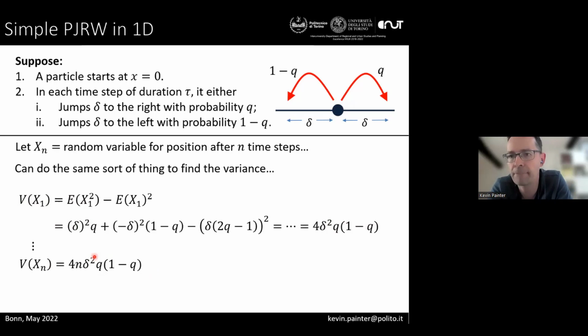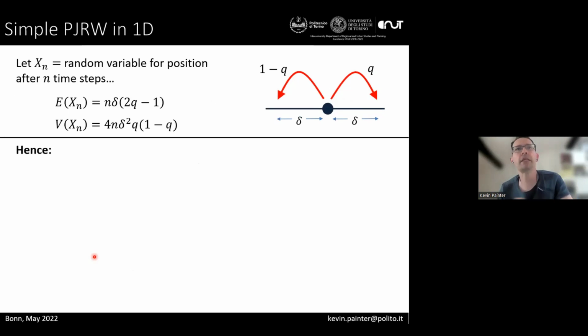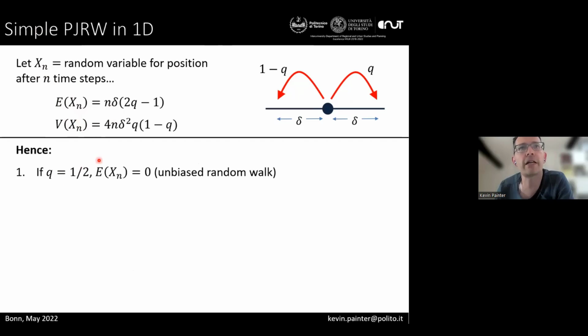Okay, so for this very simple random walk process, in just 2 or 3 very trivial algebraic calculations, we've got formulas for the expected location and the variance after some n time steps. So let's put that together. Those are my expected locations and my variances. And what I can see from this is, well, if I set that q